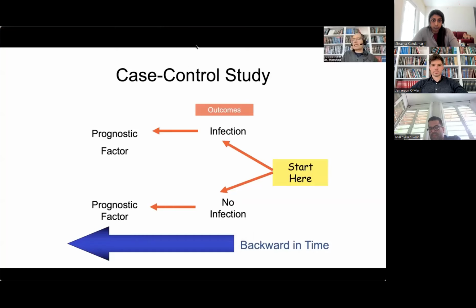So rather than looking at my clinic, where I have patients that I've followed for years and years, and identifying patients based on the treatment they received, we go back and we look at patients based on the particular outcome. The case control study design is a particularly useful methodology for studying risk factors for rare outcomes,